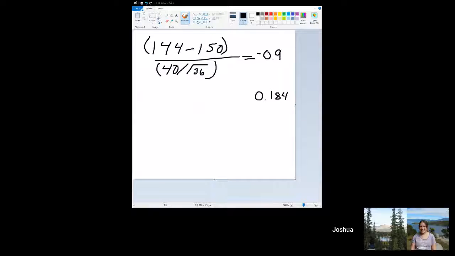No, you want to shade the left of the left. Yeah. So 0.18, 0.184? Yeah. Okay, cool. Is it rejected if it's less than